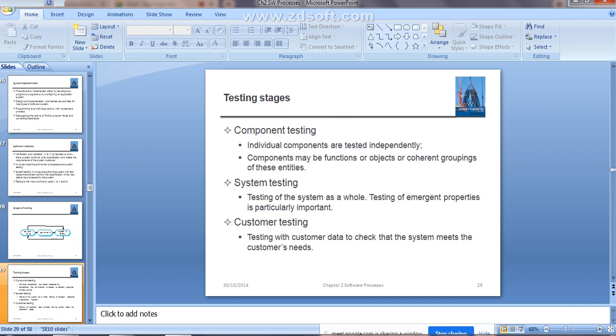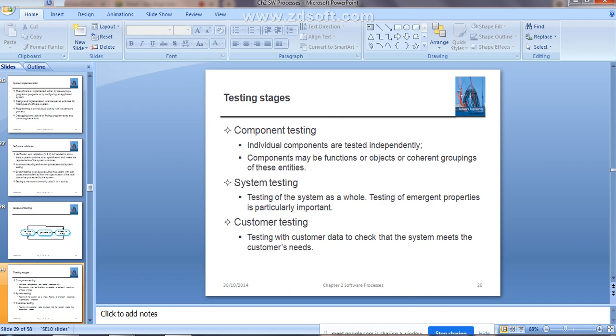Then the last one is customer testing, or you can say acceptance testing. That means testing with the customer data to check that the system is meeting the customer needs or not. You are ensuring that the system you have developed meets all the customer specifications, requirements, and needs.